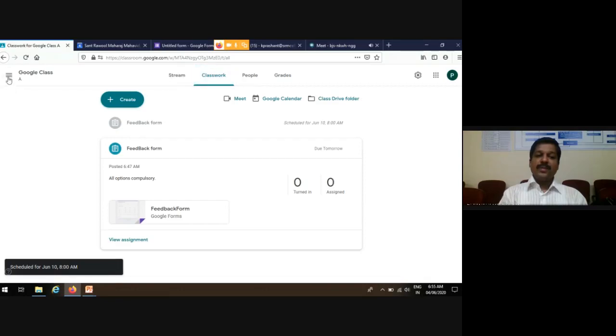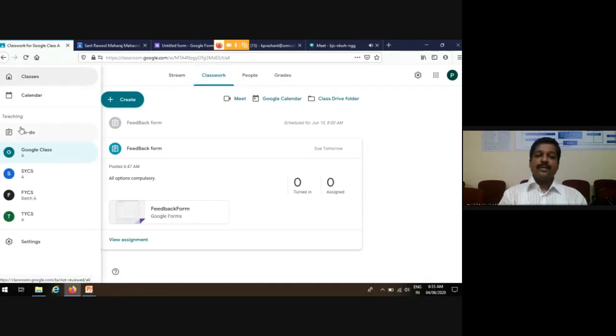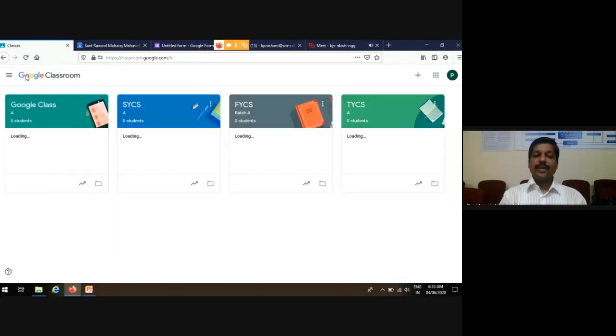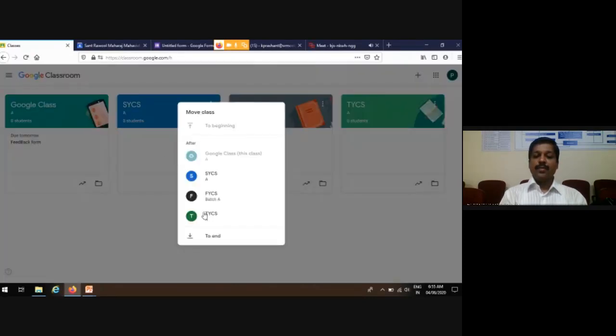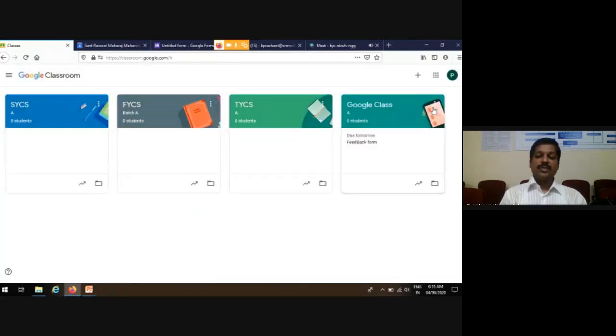Now at the end of the semester, suppose our classes are over and I want to keep this as a record for me forever. So I have to just click, look here, vertical 3 bars are available on each class. So I have to click on that vertical 3 bars. Here you will have options like move. That means you want to shift. This is a class of first, like first class, second class, third class. So this way you may shift. Suppose if I click on the move and I want to go with the end class, that means my class goes to the end. So this option is also available, that you may set a priority to your classes.